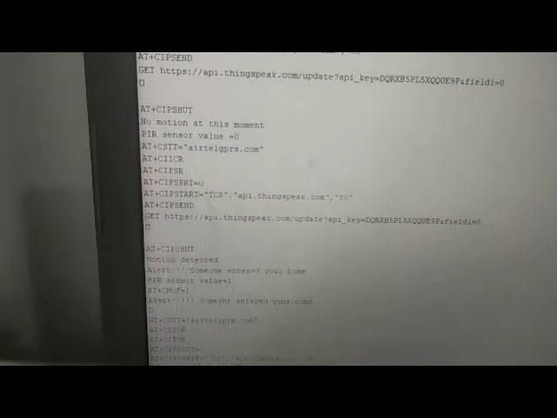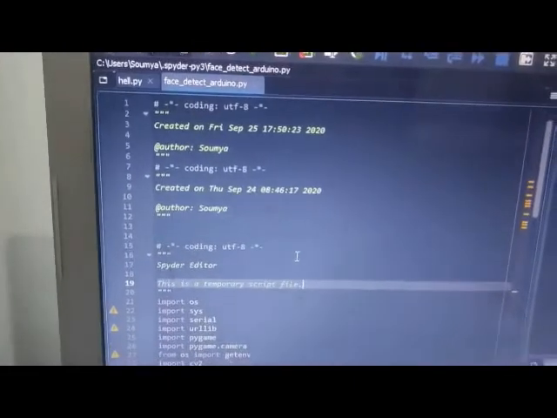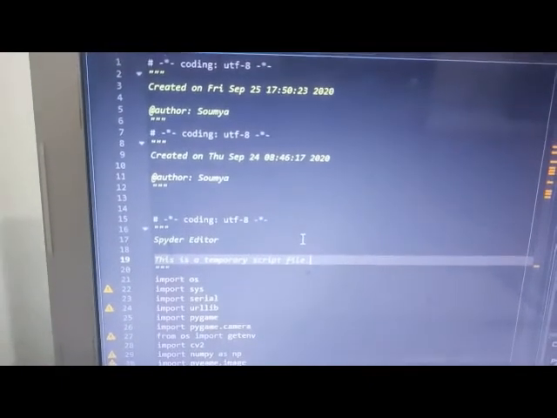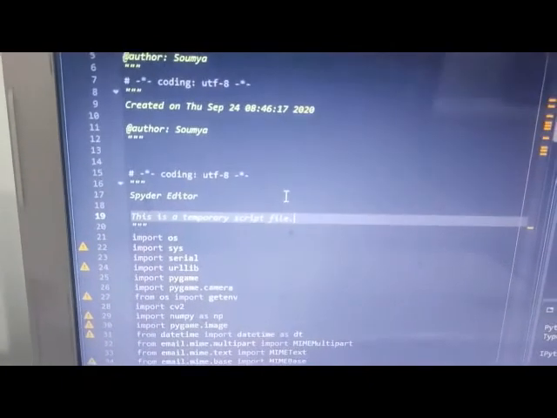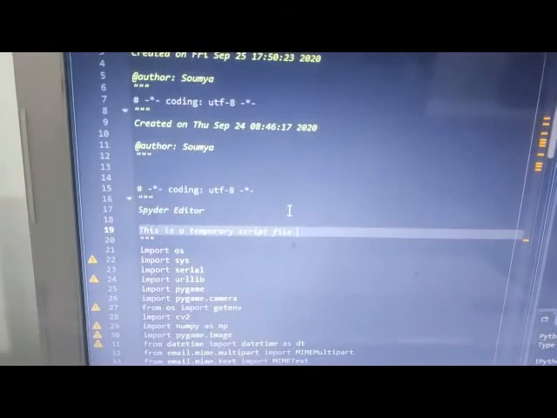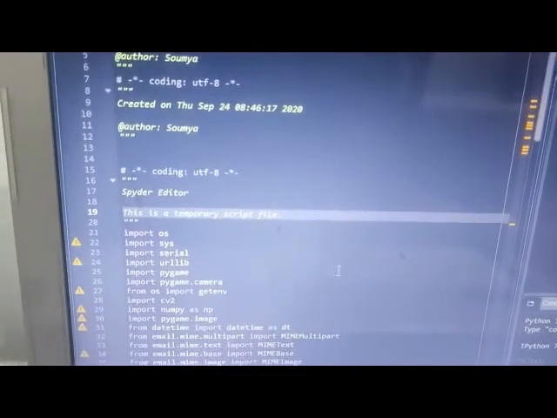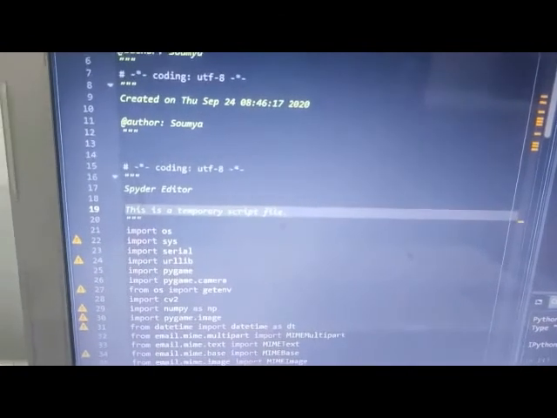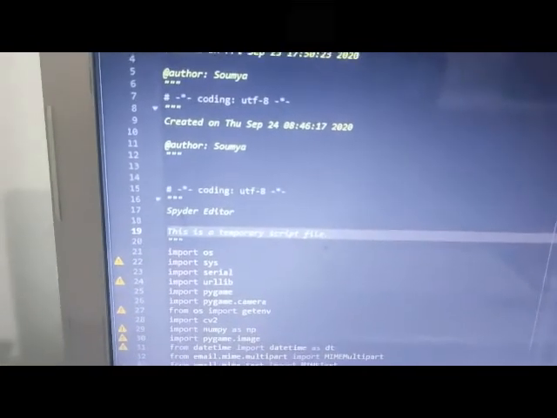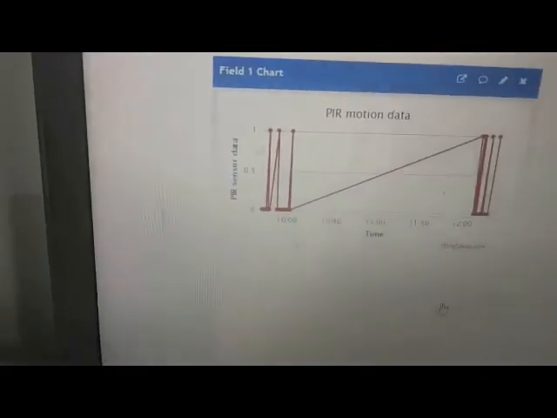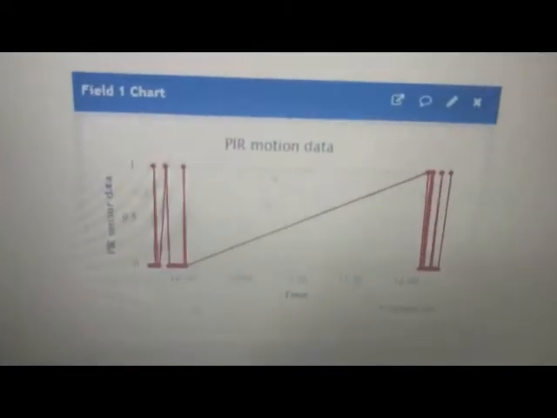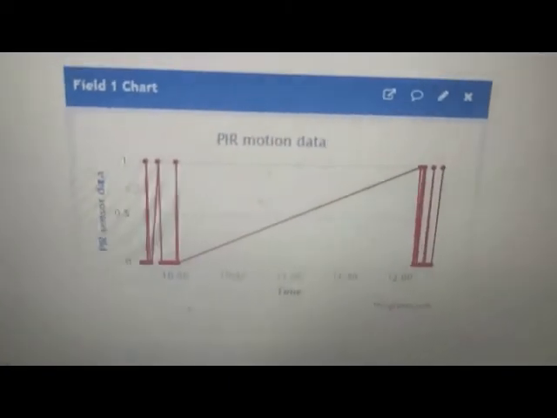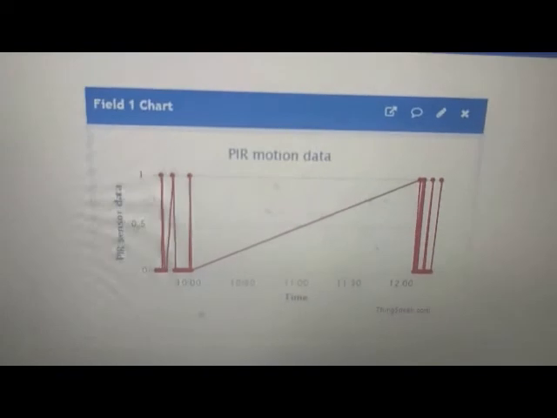The second thing we did was the Python module, which was used for face detection. Whenever PIR senses the data, the Python module activates the web camera, captures the image of that person and sends it through email. And the third thing we did is we visualize this data through the ThingSpeak cloud platform. So that's all.